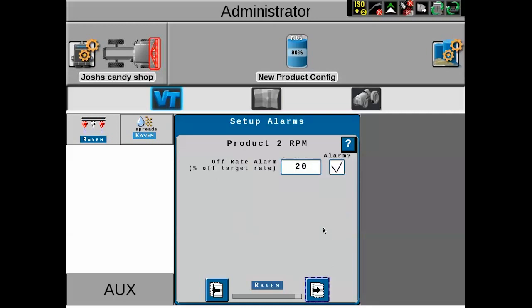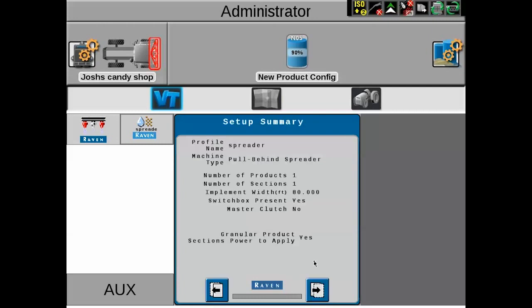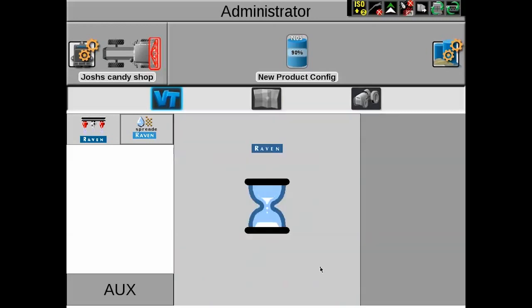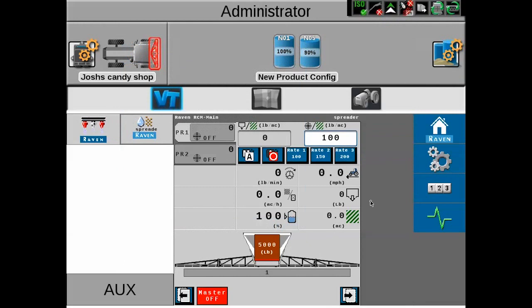And of course, we also got alarms. So if the spinner drops below a certain RPM, it will sound at a certain percentage. And once again, we get to our setup summary, which kind of walks you through what you chose. Okay, and then after the calibration is complete and the VT reloads its instance, we're going to come back to the main run screen where you'll see your product 1 being your bed or bin and product 2 being